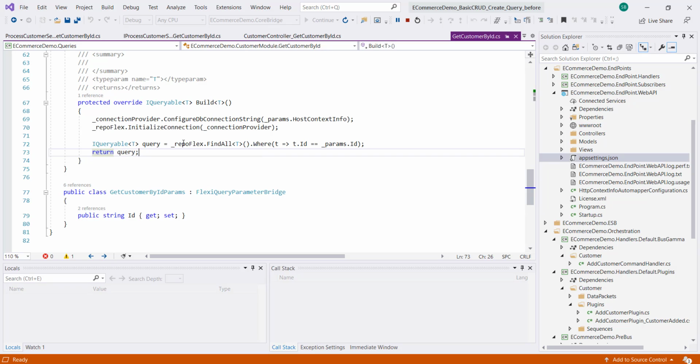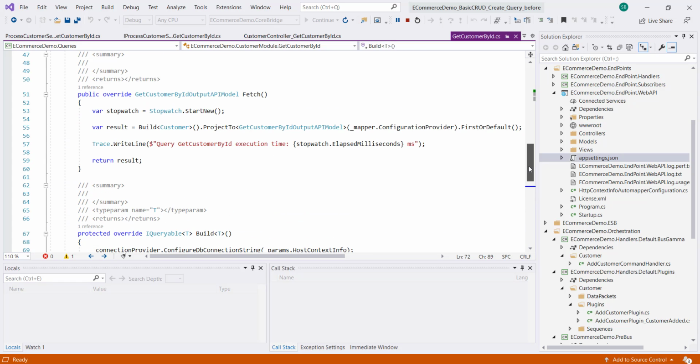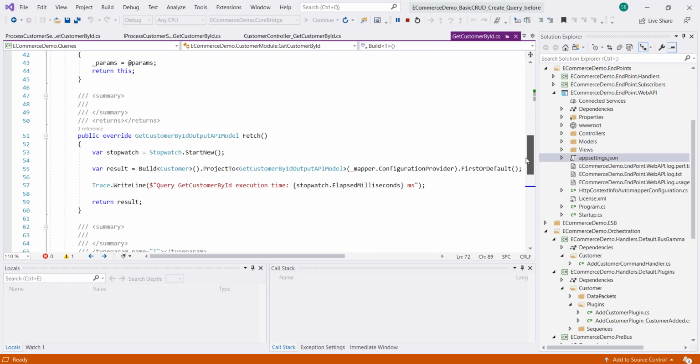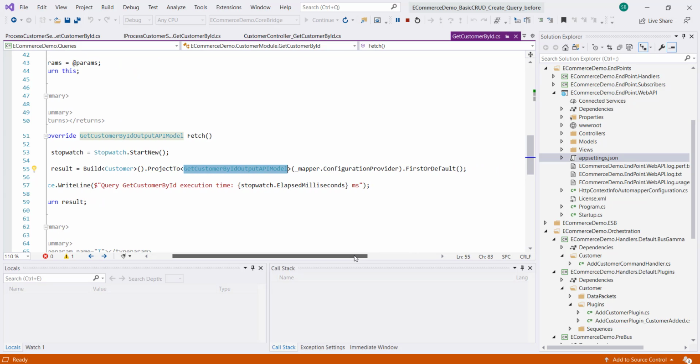Now we have the find all queryable written for you, and you can add any other parameter or customize the queries here. We will see that in action in some time. And then it projects to the output API model. This is the whole process, and I'll explain why we use project to.